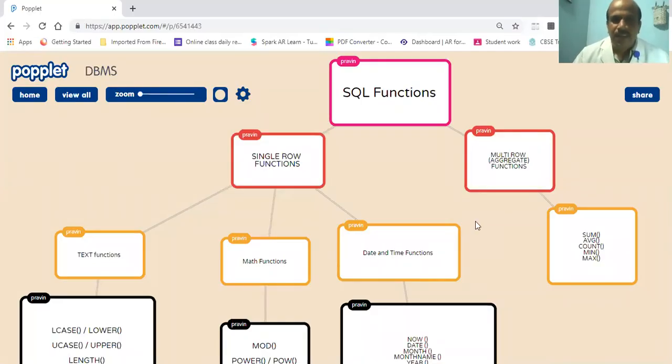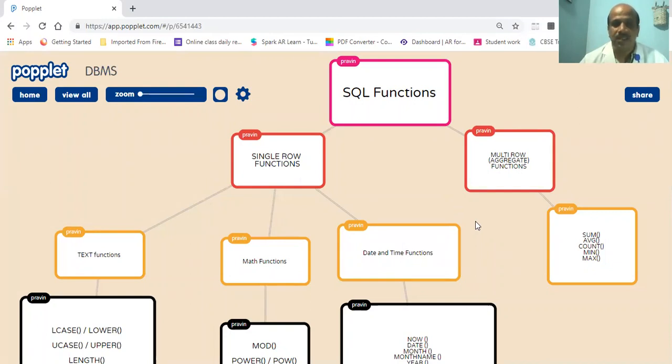Dear students, last class we discussed SQL functions. That day we discussed what a function in SQL is. Can you say the definition? Just recollect the definition of a SQL function. It is a predefined command set used to operate on one or more rows together and gives you 0